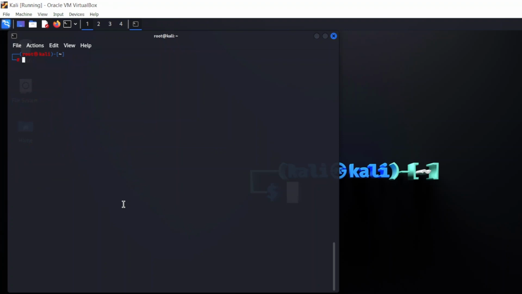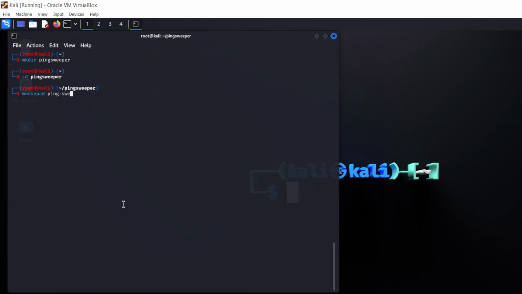First thing we need to do is we need to create a directory. It's totally optional, but to make our work neat, I'm going to create a directory. I'm going to call it Ping Sweeper. And I'm going to cd into Ping Sweeper. Now we need to create a bash file. To do that, you can use any text editor you have. I'm going to use Mousepad. So I'm going to type Mousepad